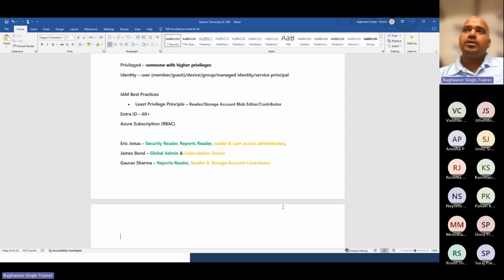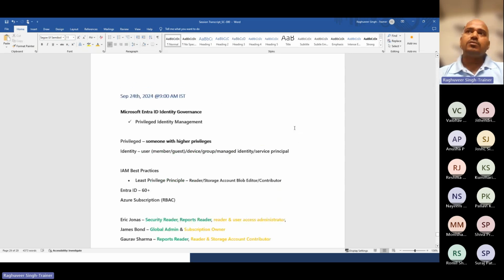When their privileged access expires, how will it be renewed? Will their access be permanent? Which means Gaurav joined today, Gaurav will be granted permanent storage account contributor access because he's a storage account admin. He has come from a storage background. All of these questions. So I need a service in Azure, in Entra, that can help me manage all these